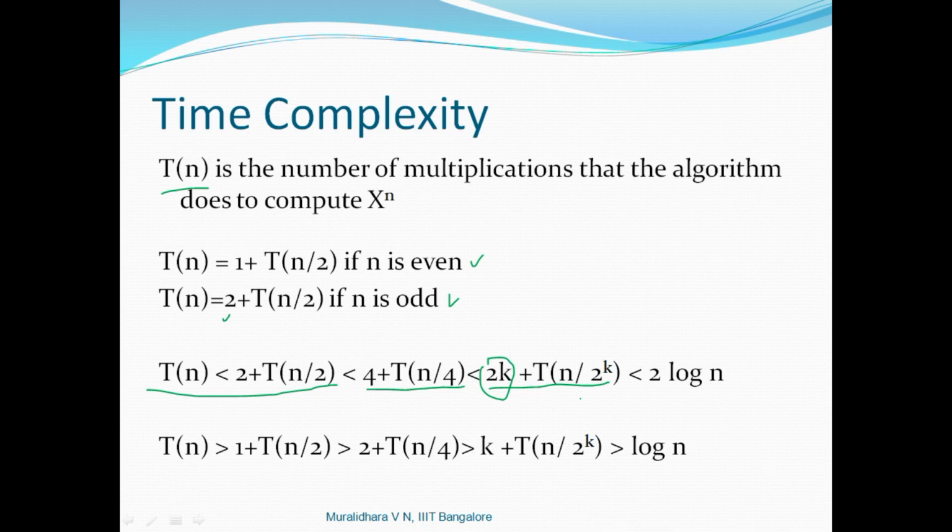So now this will terminate when n is T of 1 is 1, right? So or T of 0 is 1. Okay, so T of 1 is 1, so this will terminate when n is roughly 2 to the power k. So n is 2 to the power k basically means that k is log of n. So if I plug in the value of k is equal to log of n, I get 2 into log of n plus T of 1. In that case we will not do any multiplication, this will just return 1.